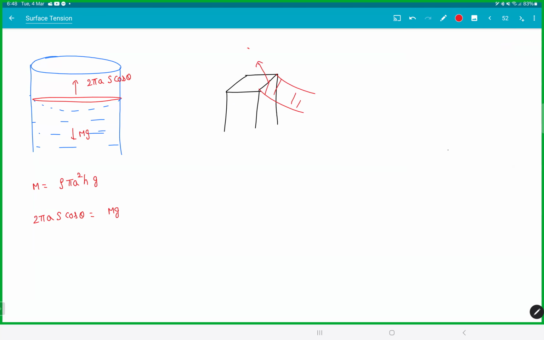It's like this, SA, and we're talking only about the vertical component, theta. So this will be SA cos theta. Like that, there are 4 of them: SA cos theta, SA cos theta, SA cos theta. Now, when you take the FBD with this rod in the middle,